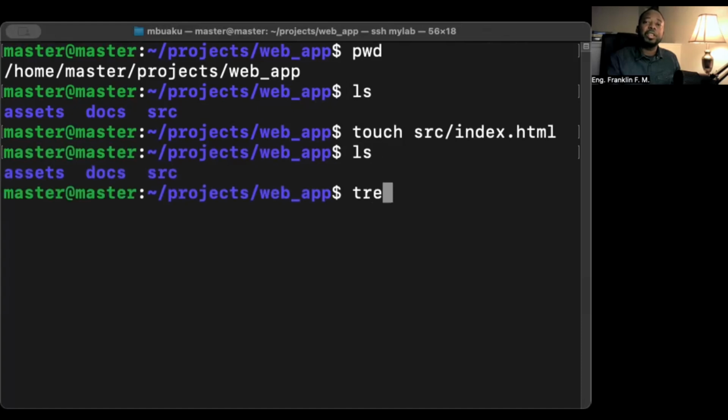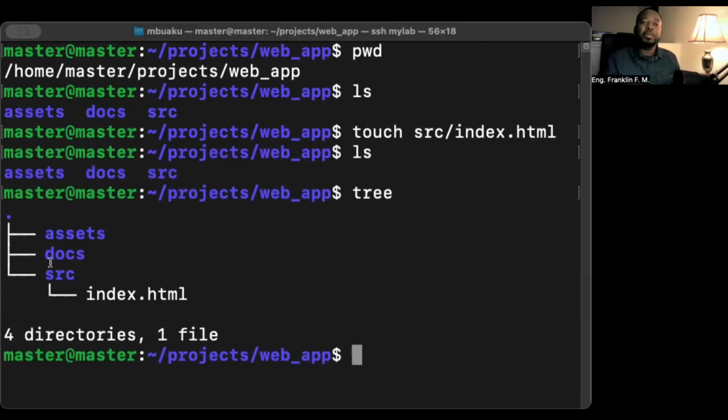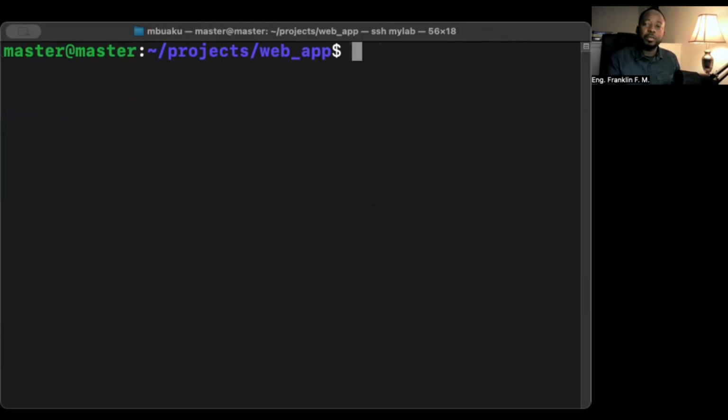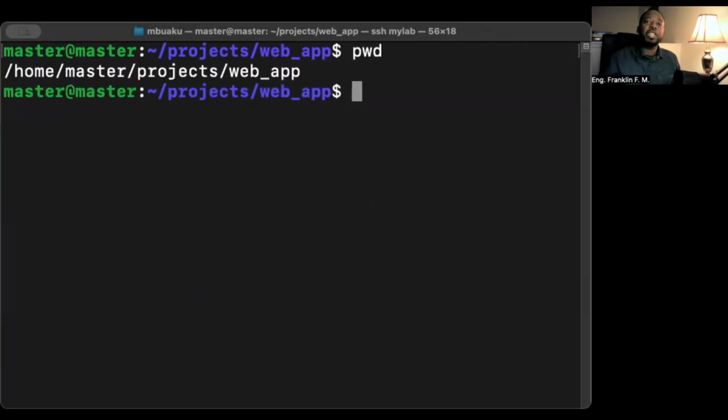If I do tree, you should see index.html inside this folder. But remember, we are not in that folder, because if we do pwd, you see that we are not in this src folder. So what do we do now? The next task is for you to create. You have created the